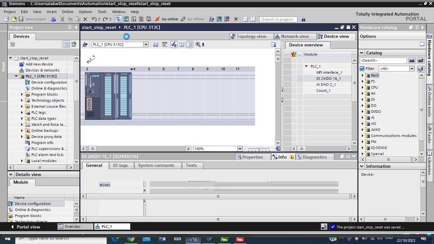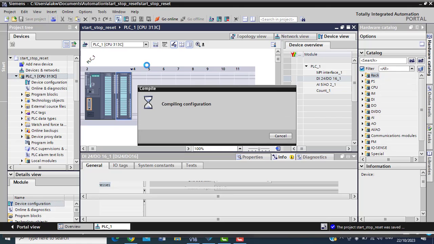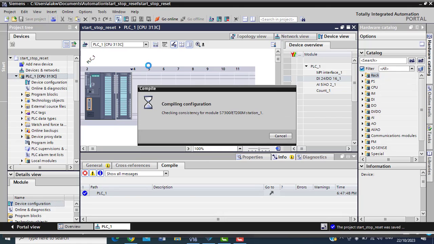I will compile and the things will compile. Just exercise more patience with me. This particular one, I know that when I don't do much, it stops with a delay like this. But just hold on a bit. So it's checking consistency and every other thing we want to check.